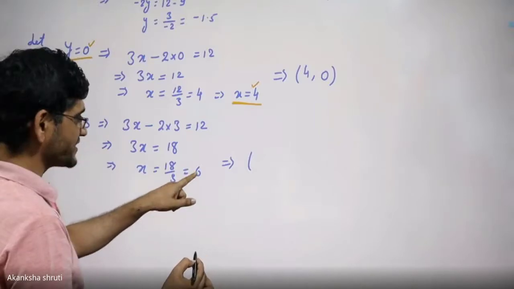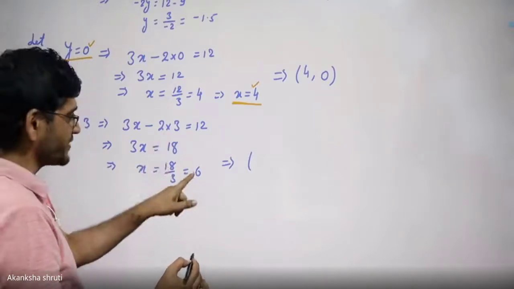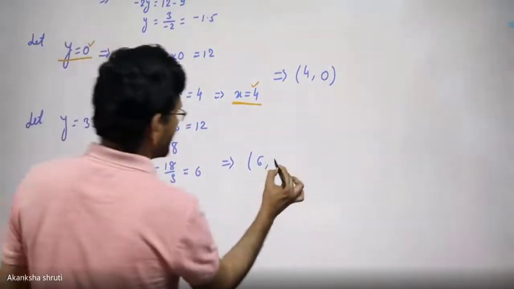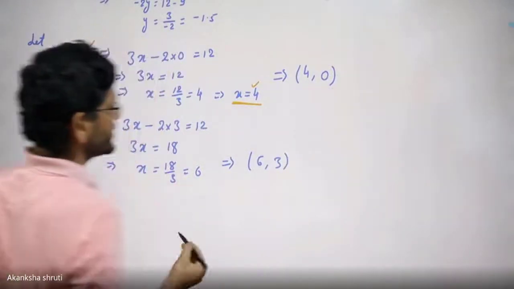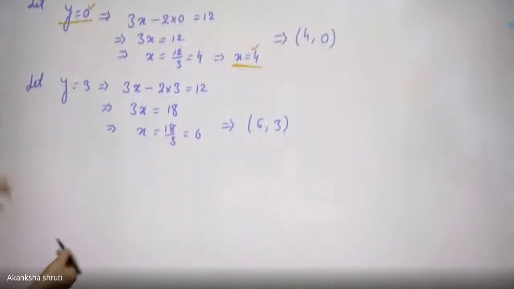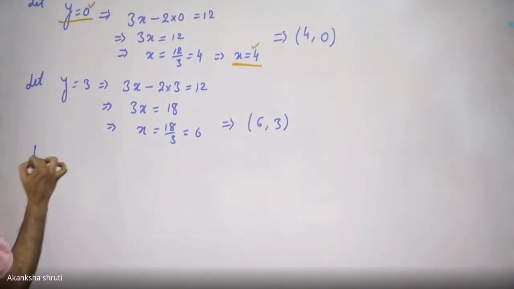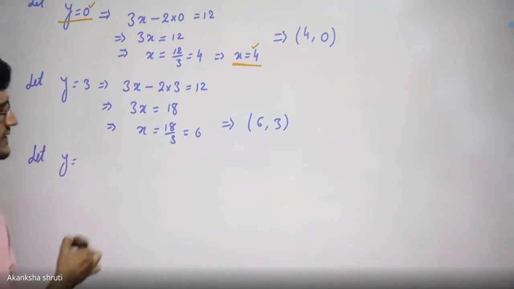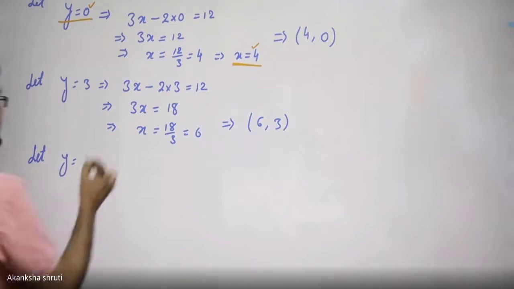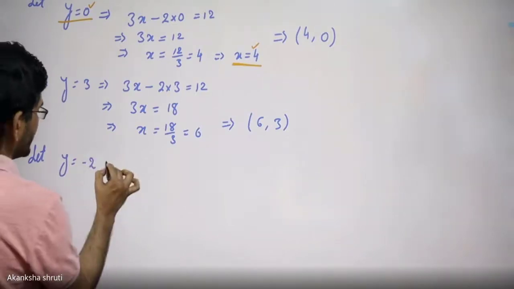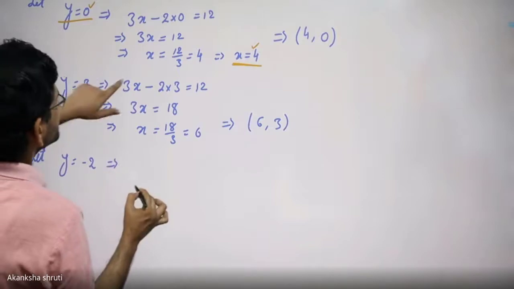So students, first we need to be careful. First we need to put this x, then this y is our 3. Okay, students? Students, even we may take some negative values of y. Let us take y as minus 2. What are we getting? This implies, substitute in this equation.